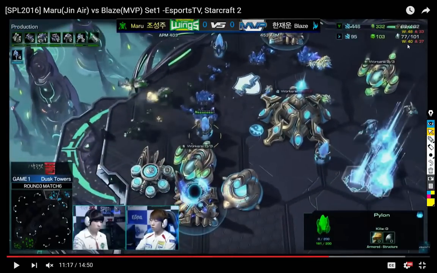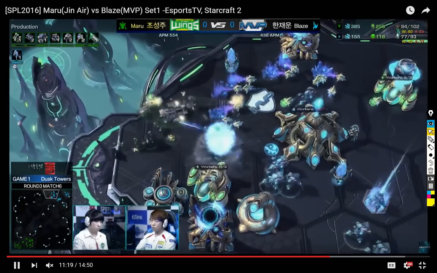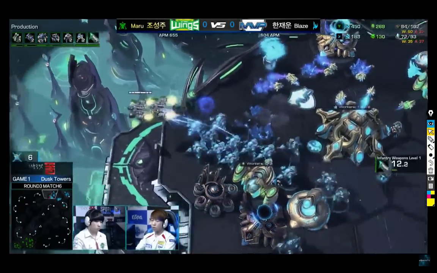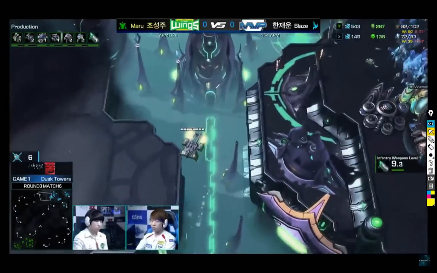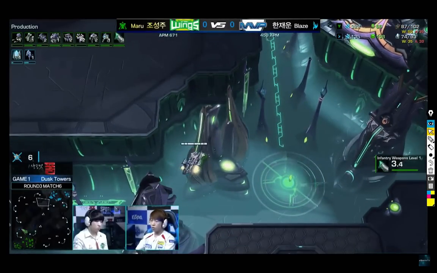And we see Blaze at a very, very low probe count. He hasn't lost any probes yet in this attack, but he is doing a 2-base all-in, so he did cut probe production. So losing mining time here essentially means Blaze is on 1 base for the time being, and every probe that he loses hurts him a lot. So Blaze still has a decent sized blink stalker count, but at this point